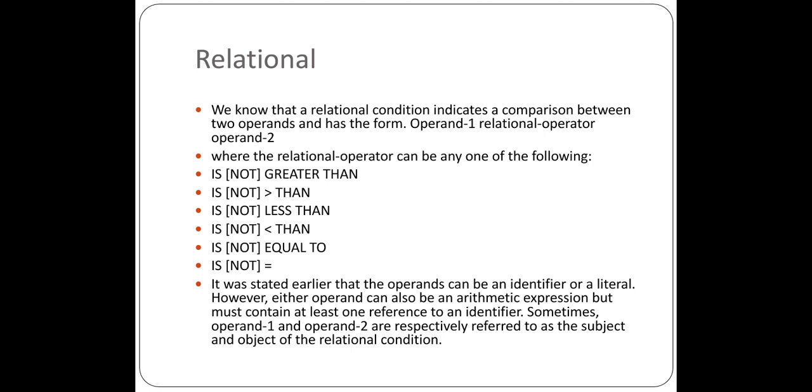Basically we are going to have an operand to the left and an operand to the right, and we are going to compare these two operands using some relational operators, to check whether the left operand is greater than the right operand, less than the right operand, or equal to the right operand. In a way we check each condition, and after checking, it produces the result as true or else false.